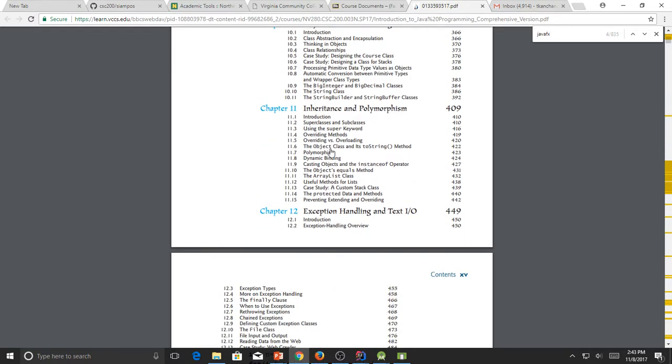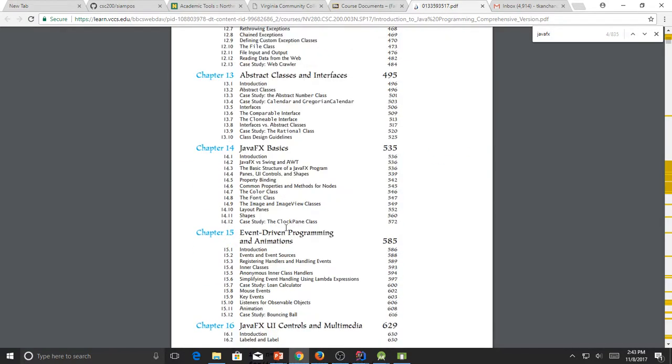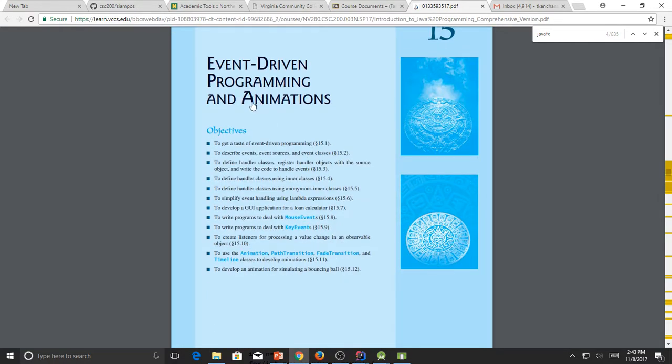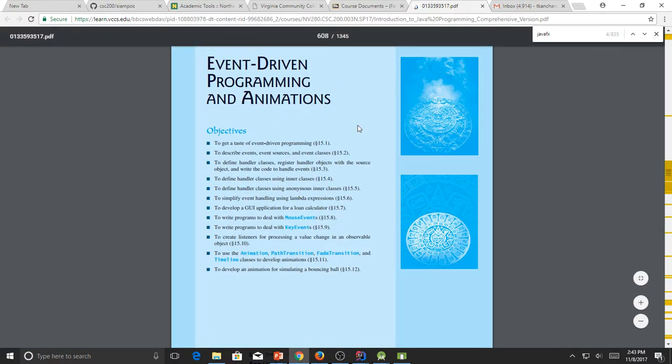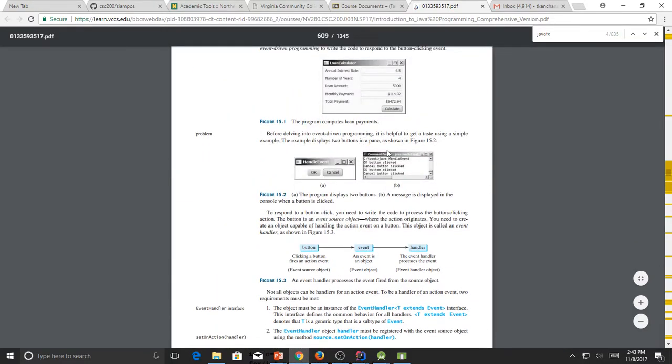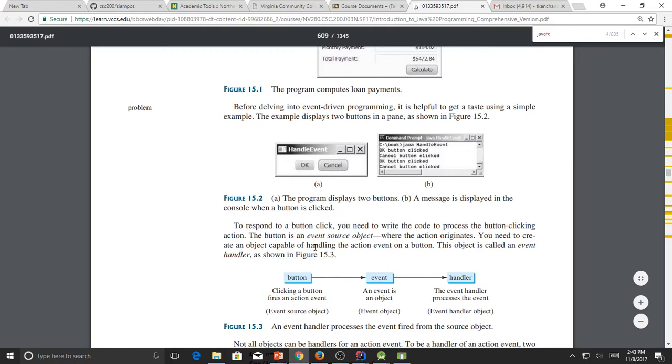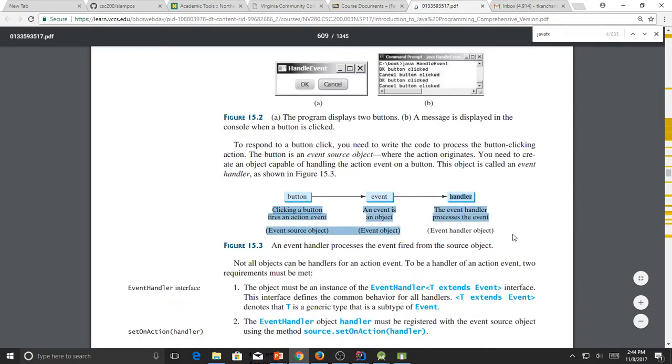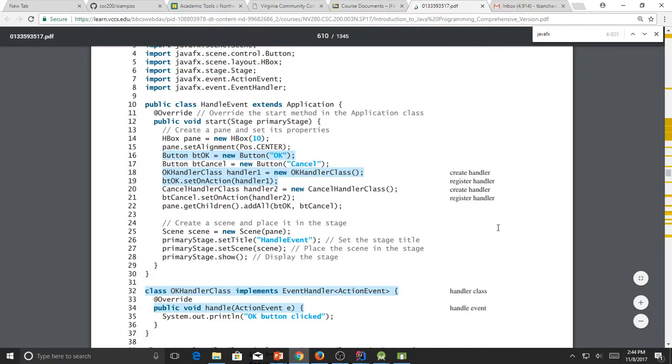So if you go down to chapter 15, it's event driven programming, right? So let's look at what it is like. Example, when I click the button, I should have an event to handle. And what should I handle, right? Like event means click, right? Clicking event, or on slide event, on tap event, on mouse over event. Those are events, how you want to handle, right? So if you look at the example,